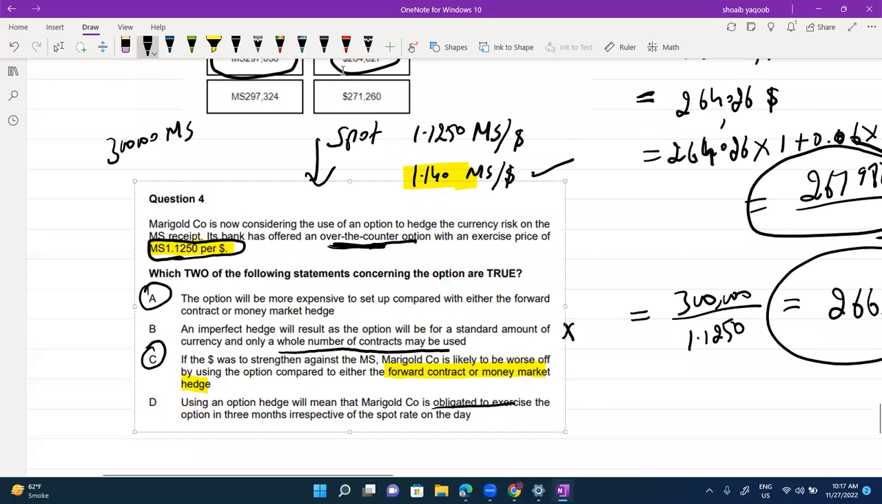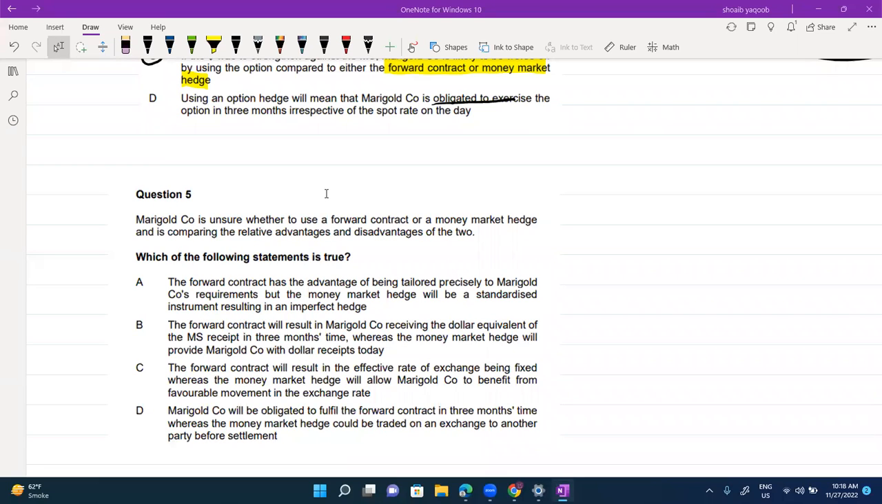Last question. Marigold company is unsure whether to use a forward contract or a money market hedge and is comparing the relative advantage and disadvantage of the two. Which of the following statements is true? Forward contract has the advantage of being tailored price precisely to Marigold company requirement, but the money market hedge will be standardized. No, money market hedge भी standardized नहीं होता, गलत है ये. Forward contract will result in Marigold company receiving the dollar equivalent of MS receipt in 3 months time, whereas money market hedge will provide Marigold company with dollar receipt today।